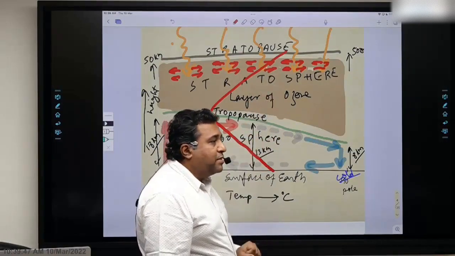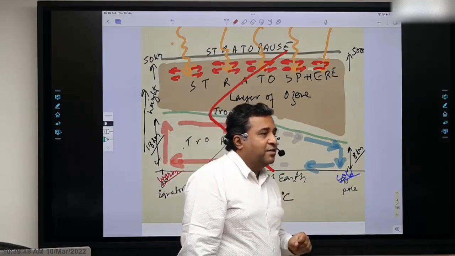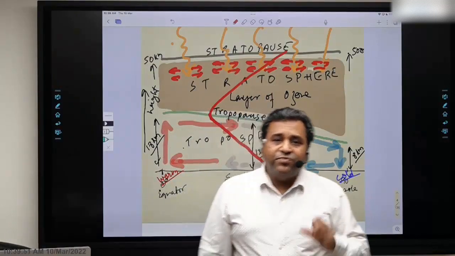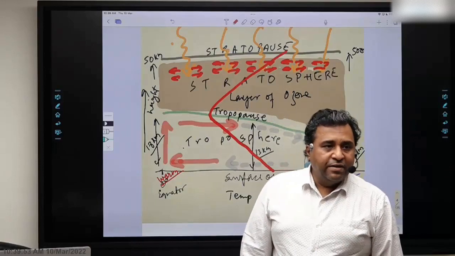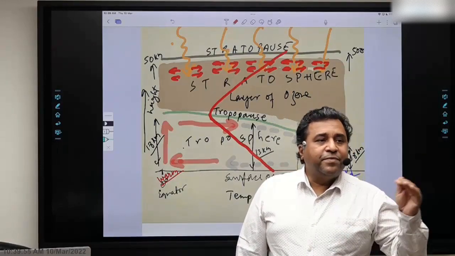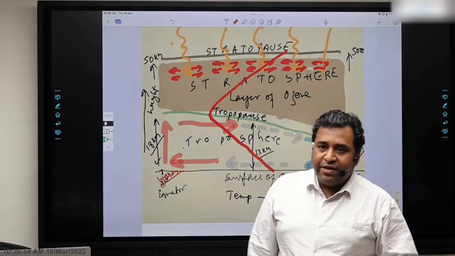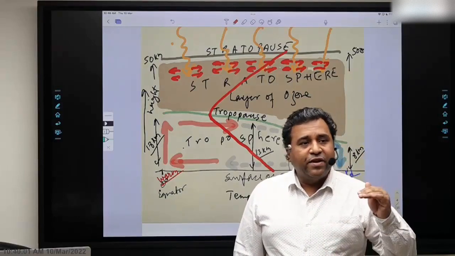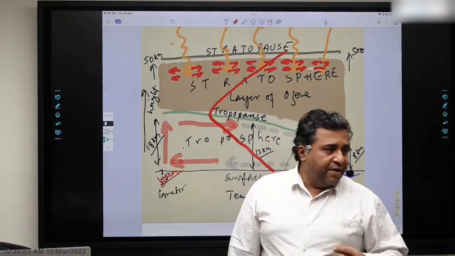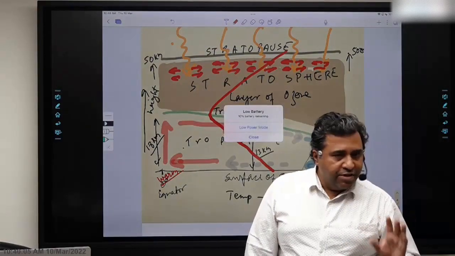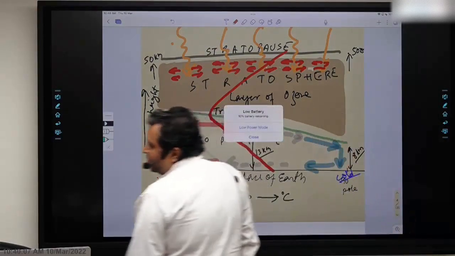आपने शुरू में लिखा है ना? On the basis of temperature. So this classification is on the basis of temperature. ठीक है, because in different regions temperature will be behaving differently. ठीक है, नीचे वाले region में it is increasing with height, ऊपर वाले region में it is decreasing with height. उल्टा बोल दिया. ठीक है, whichever way. Right, so is this okay?